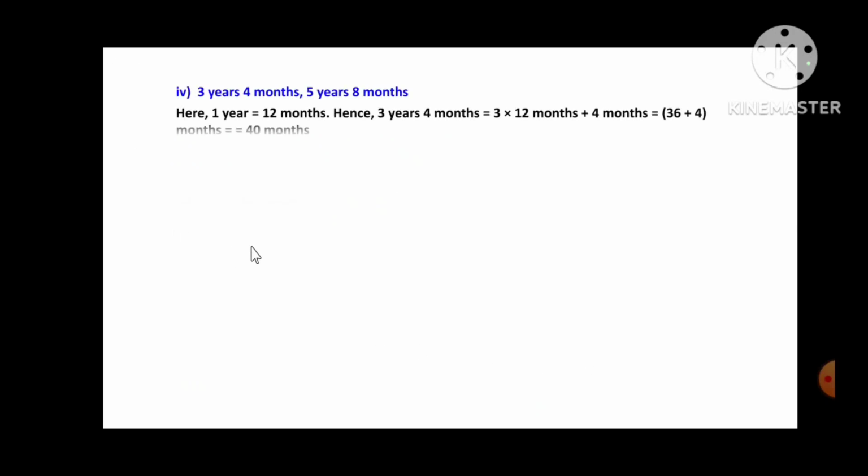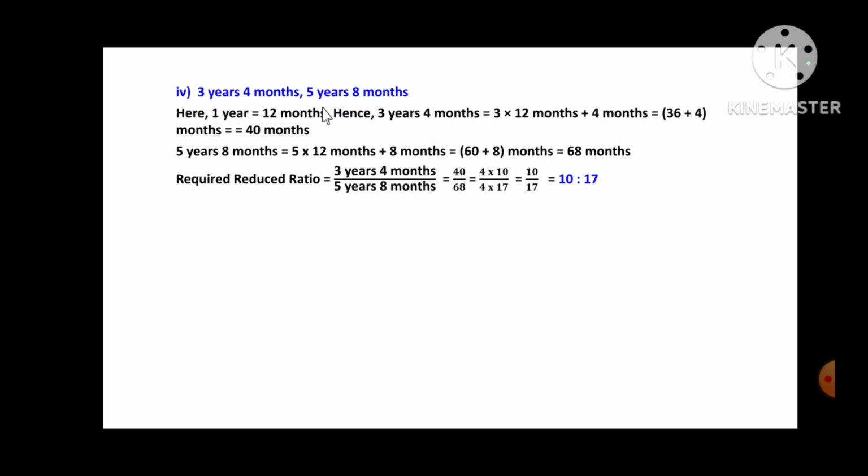Now next problem number 4. 3 years 4 months and 5 years 8 months. Friends, we know that 1 year is 12 months. Hence, this 3 years 4 months could be written as 3 into 12 plus 4 months. That will be 36 plus 4, that is 40 months. 5 years and 8 months, that will be 5 into 12 plus 8, that is 60 plus 8, that is 68 months. Now required reduced ratio will be 3 years 4 months divided by 5 years and 8 months, can be written as 40 months upon 68 months. So 40 can be written as 4 into 10 and 68 can be written as 4 into 17. So 4 gets cancelled, you are getting 10 upon 17, which could be written as 10 as to 17 is